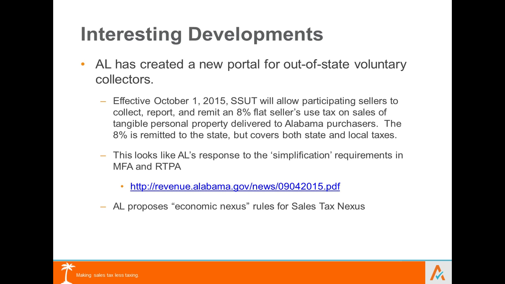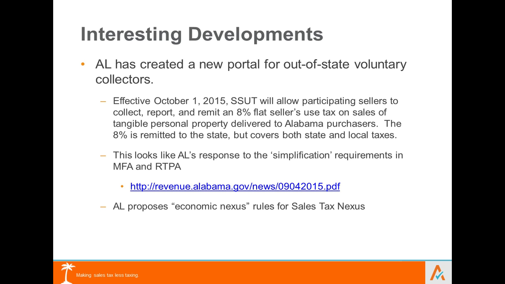The advantage is it's a flat rate. If you don't have Nexus in Alabama and you choose to collect voluntarily, Alabama's willing to forego the calculation of all the specific local rates and apply a flat rate. It's a little tricky. So to see how this might work, it's brand new from a compliance point of view from the state side. I'm talking here, guys. What Alabama's intending to do is redistribute that money to locals based on sales information that they receive.